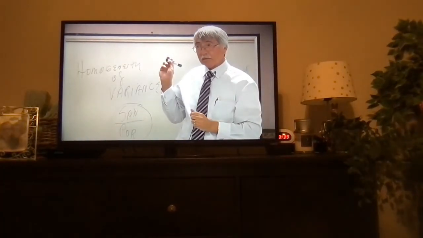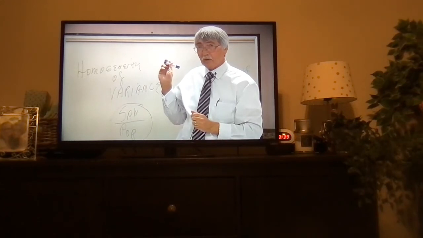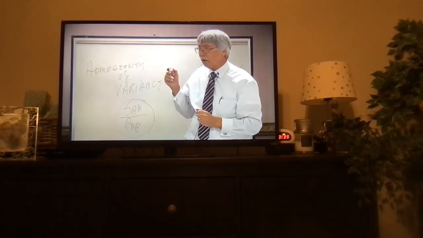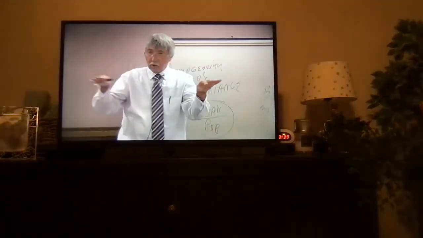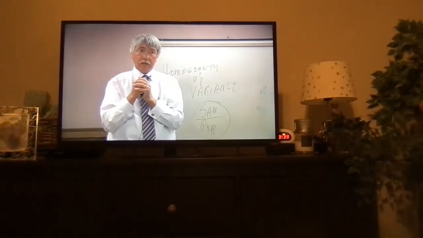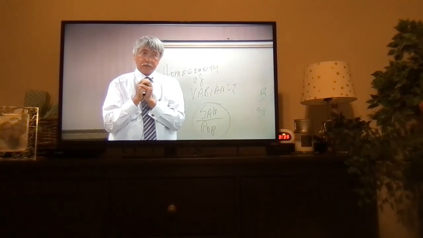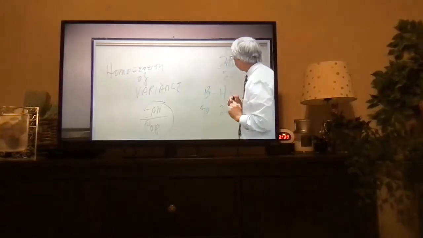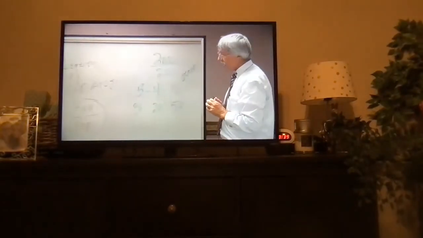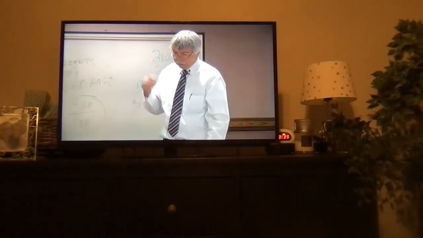Now, let me tell you that this homogeneity of variance criterion is way overrated. I wouldn't spend a lot of time and energy on remembering homogeneity of variance, but do remember that normal bell-shaped curve. Without that, you can't do a lot of statistics. So you're looking for parametric statistics to use. It needs minimally the normal curve and hopefully also homogeneity of variance.